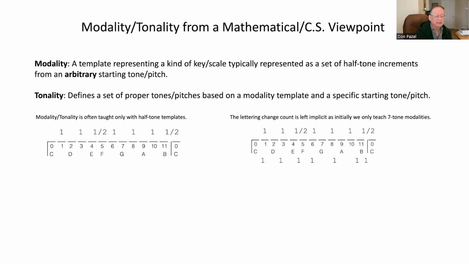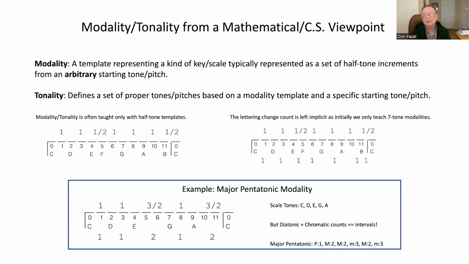You may not even think it's necessary until you start dealing with pentatonic modalities or modalities and scales that are not 7 tones. So in this case, 5. And pentatonic is commonly used all over the place. You'll find it in pop tunes, you'll find it in classical, you'll find it all over the place. But it's really just, in this case, you have this pattern, but the sub-pattern for the number of letter changes that you had, it's 2 letter changes from E to, you skipped F and then you went to G, and the same here, was important.